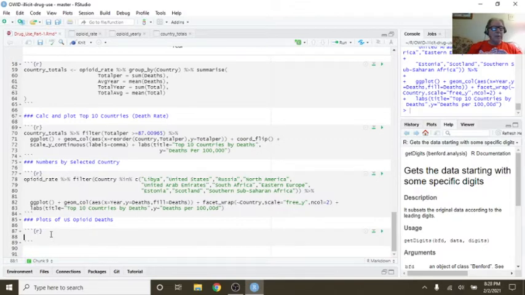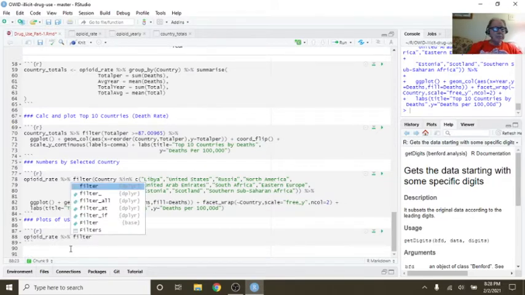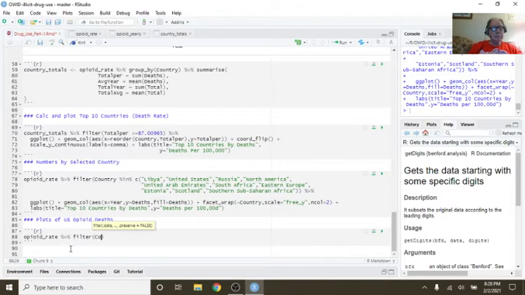Now we could just do the same thing. Let's see. Opioid rate. Okay.